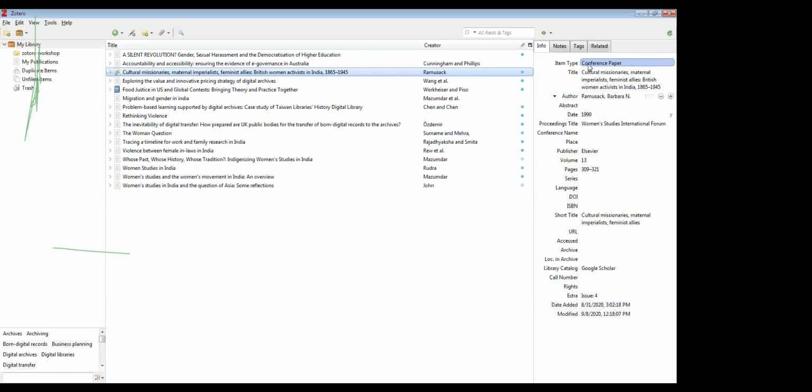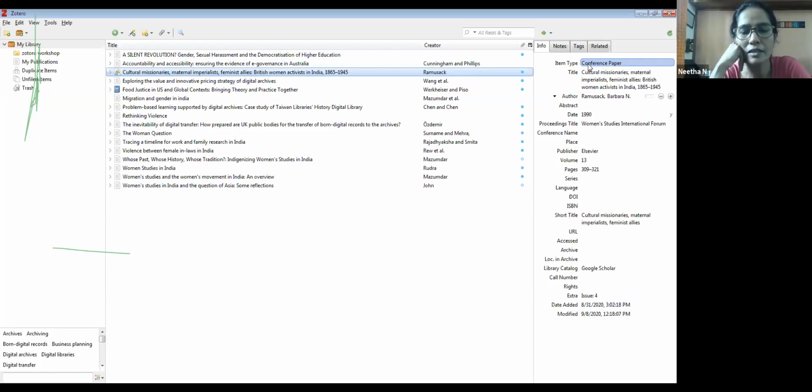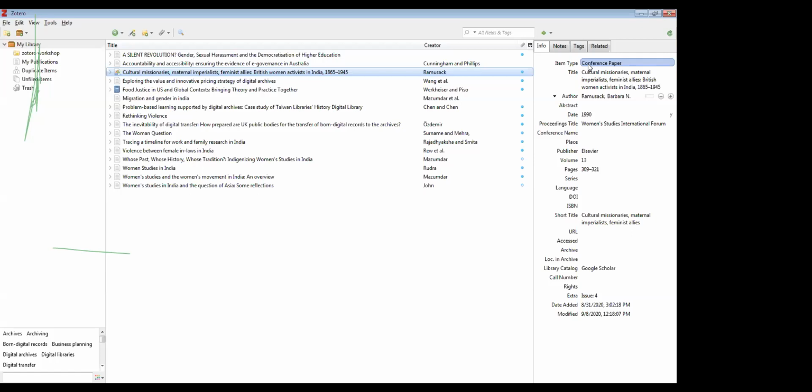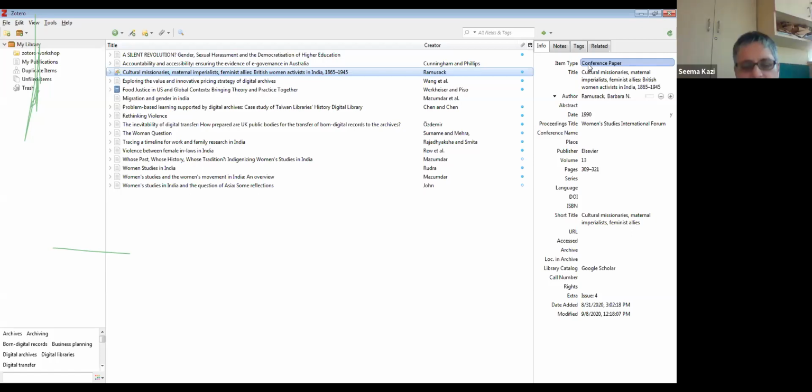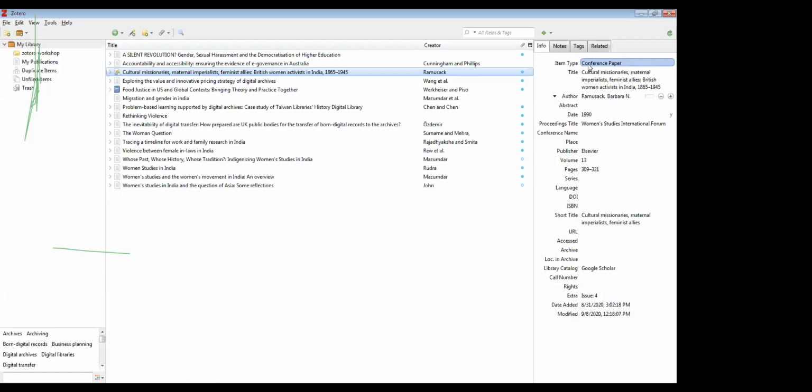Because I am not understanding how one EndNote user means, there will be one EndNote user at a time at one computer. I don't know if I'm making it clear or not. Based on subscription, it can be one person. Yeah, I agree with Sangamitra. You cannot use it in multiple systems because the subscription is for a system. Yeah, it is for a system, and it was just for 3 computers basically.